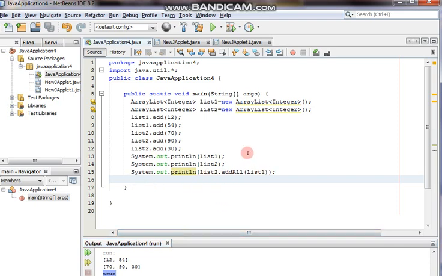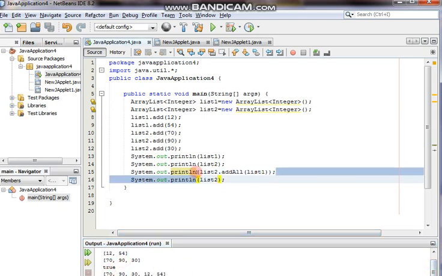Now let's print list 2. Simply we will print it to check whether it added or not. Check here. Previously in list 1 we had data what? We had 50, 12 and 54. Then in list 2 we had data 70, 90 and 30. Thereafter it is showing true. It means this particular task got succeeded.